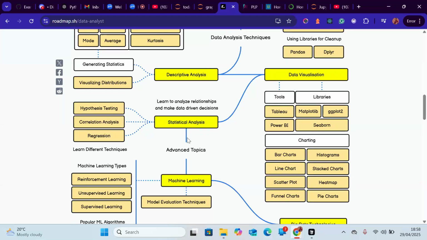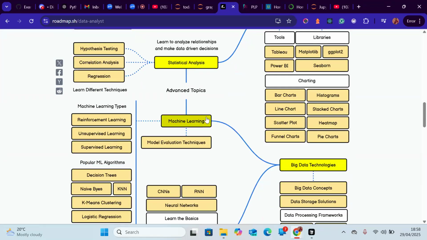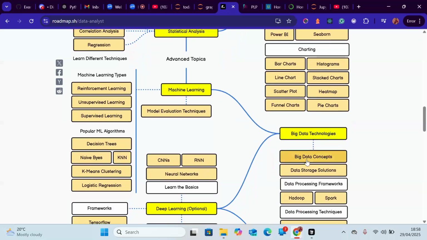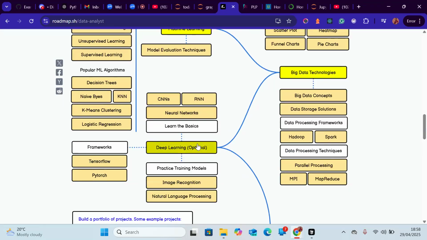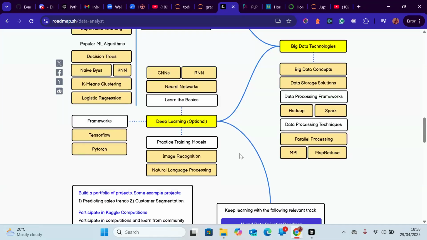And also, if you want to just get into data analytics, nothing else, you can decide to go to machine learning. In this stage of machine learning for data analytics, you are going to do big data concepts like neural networks, everything here, PyTorch and other libraries that you can use. But I just want to give you an overview of what is waiting